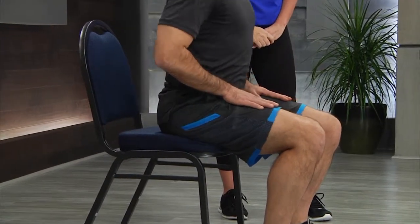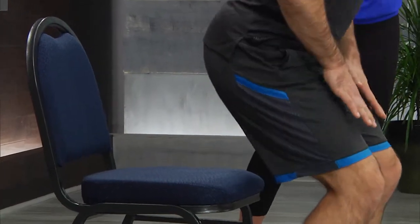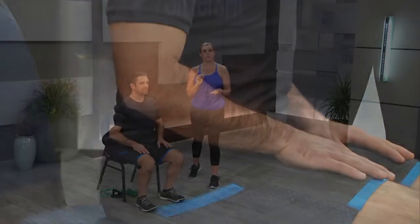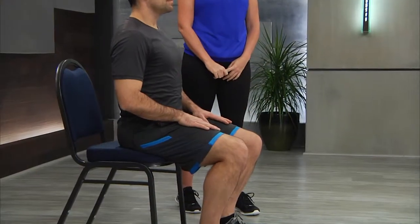Do that one more time, Mark. Your students may do one or two of these to get started. So it's always good. You can combine the leg extensions with the squats to progress your students up to doing squats because squats are functional movements. Think of how many times your students need to have that strength to get up and down off the couch, in and out of their car. They need that strength. Okay, Mark, stand up one more time